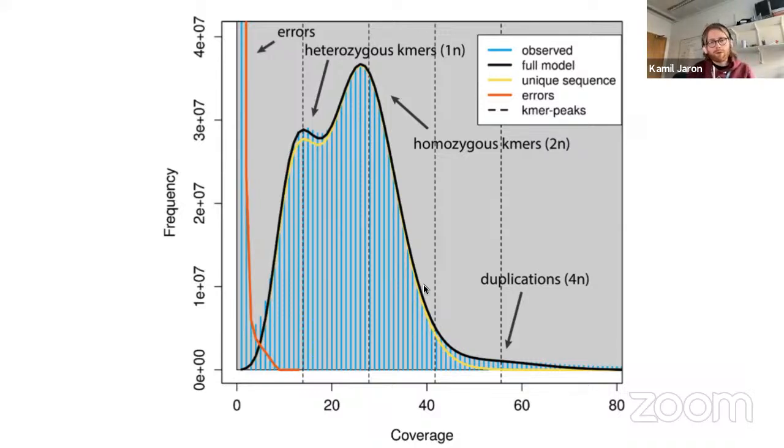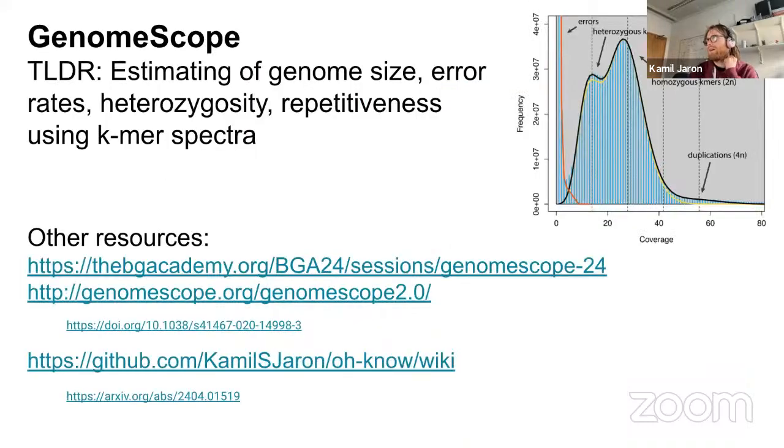This is called GenomeScope. There was a tutorial about that a week ago. If you would like to dig deeper into that, I would refer you to that tutorial. This already, gosh, it's 7 years since the first release of the first GenomeScope. So there are lots of materials out there. And the method is just simply guessing genome size, error rates, heterozygosity, repetitiveness, just using what we call k-mer spectra, which is a histogram of the numbers of observations of individual k-mers. Here are links to those individual resources.